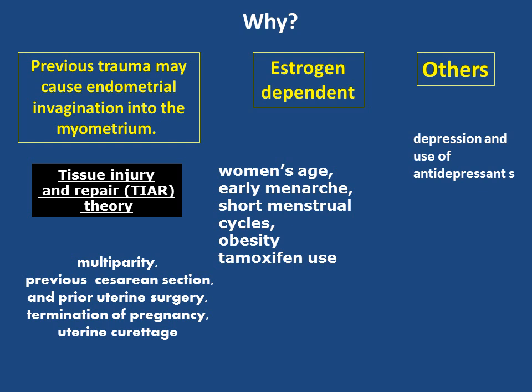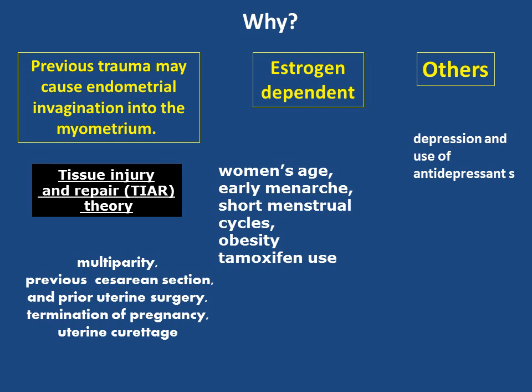Now, what happens with a patient with invagination of the endometrium inside the myometrium? This is common in patients with a history of trauma to the endomyometrial junction. When this trauma occurs with childbirth, this disease is common in multiparous women, with cesarean section, of course, with prior myomectomy or other hysterotomy or other uterine operations, with termination of pregnancy, evacuation, curettage, and so on. So any intervention with the normal